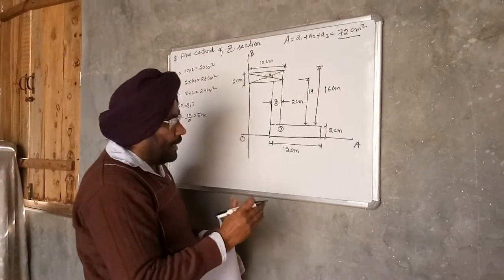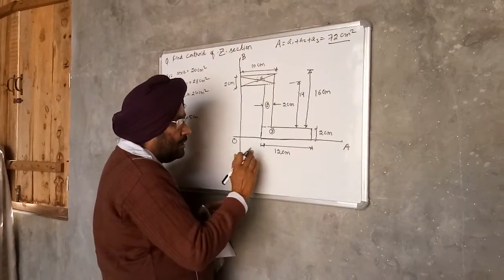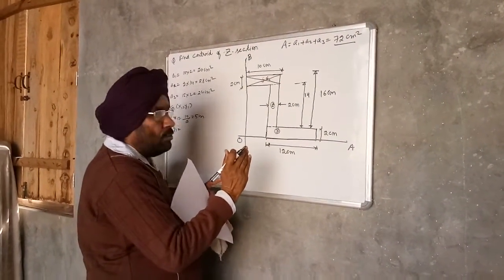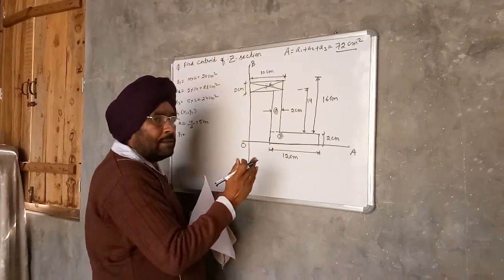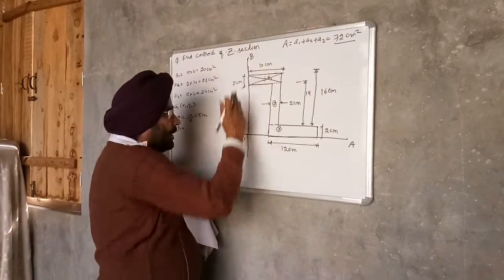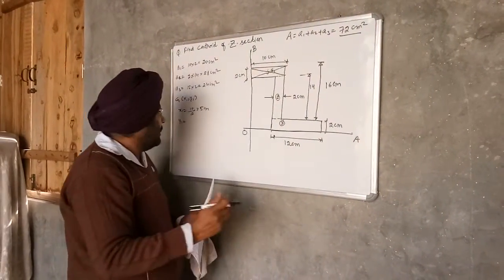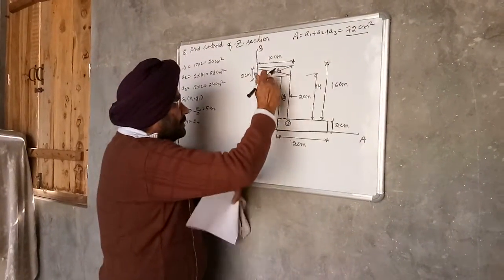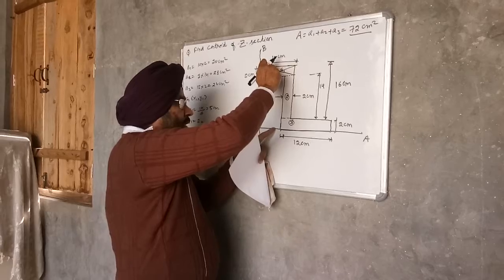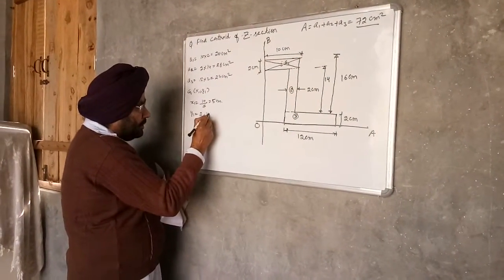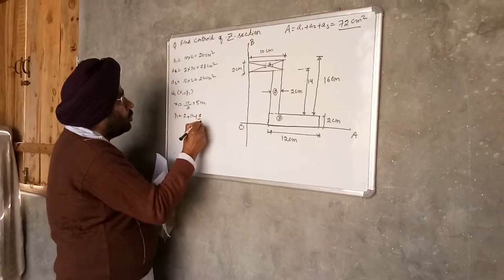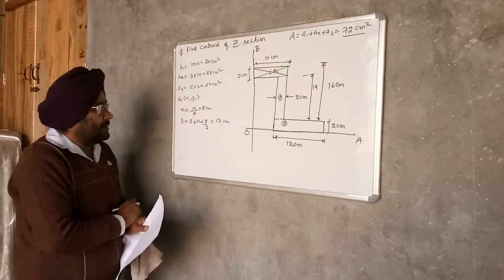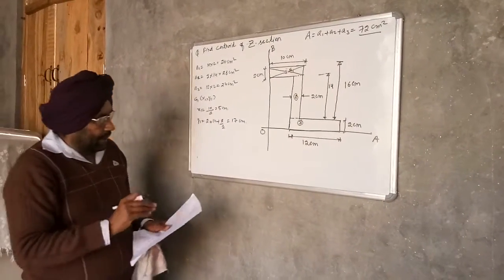So actually the coordinate y1 is determined with respect to reference axis OA, and the coordinates x1, x2, x3, etc. are determined with respect to reference axis OB. So OA and OB are reference axes. Y1 is equal to 2. Actually this is y1, this distance. So y1 is equal to 2 plus 14 plus 2 by 2. So this is equal to 17 centimeter. Y1.